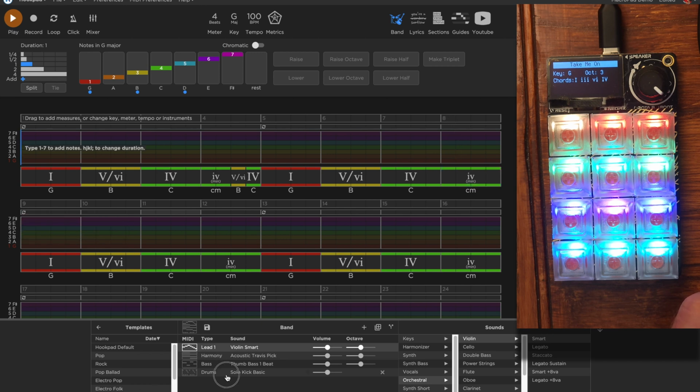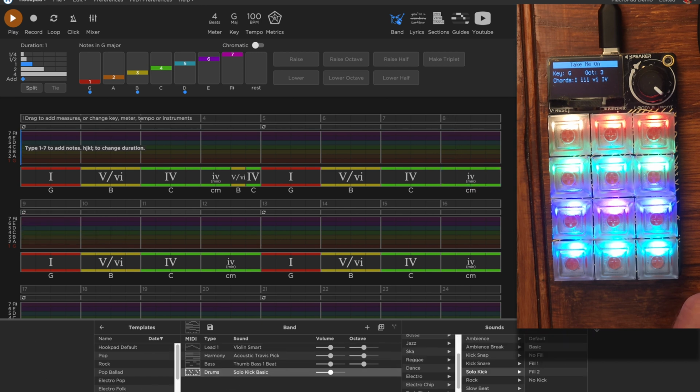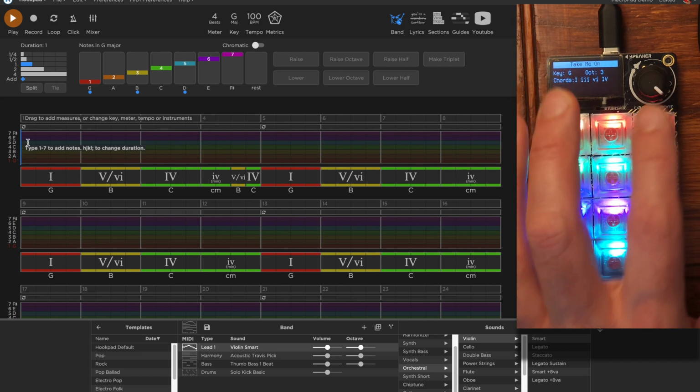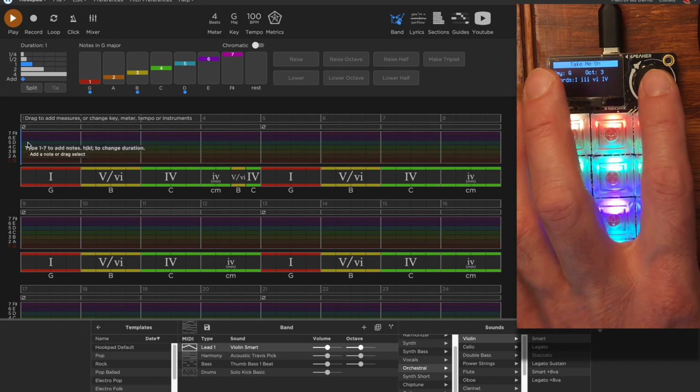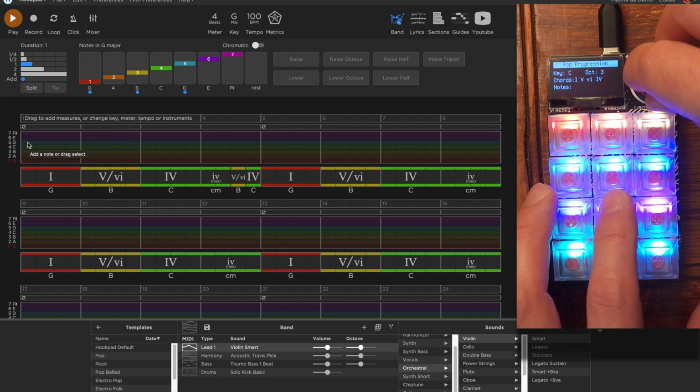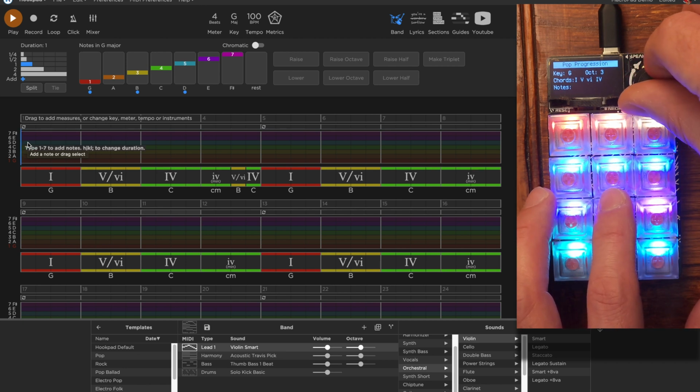Yeah, and so HookPad did what it does well, which is build a harmony for us to build a melody on top of and visualize this in terms of degrees rather than seeing this in terms of notes. I'm going to pick a voice for the melody here. And now let's switch. We're going to make sure that we're in the same key as well. I'm going to pick the key of G.